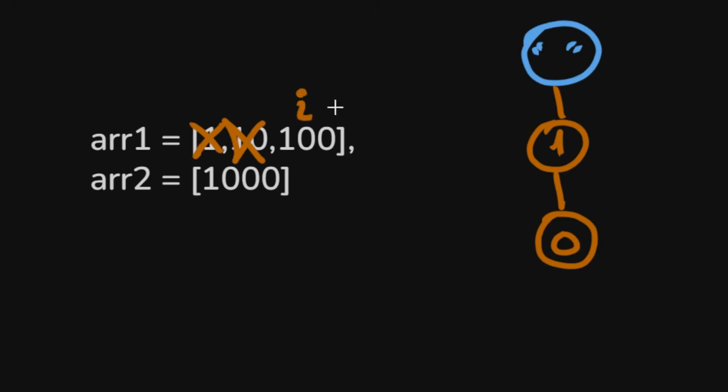Now the i pointer is here and we are checking if from this point we have 0 as a child. And we do have 0, so we continue. Now the i pointer is here and from here we don't have another 0 as a child, so we add it. And now that we have this, we can go through every value in array 2 and check what's the